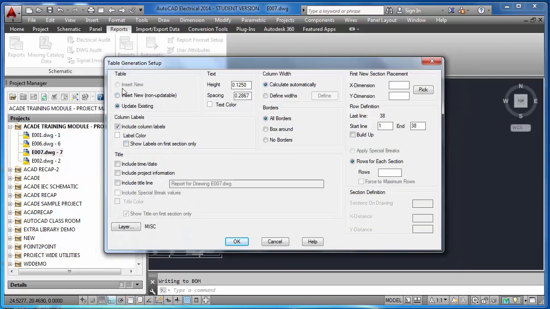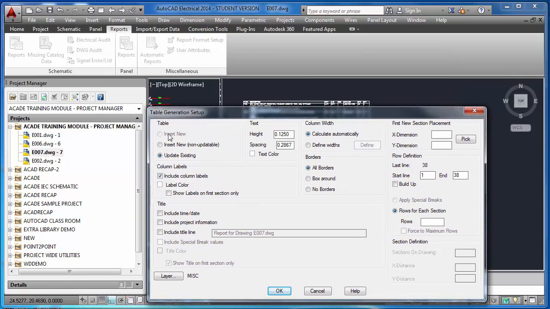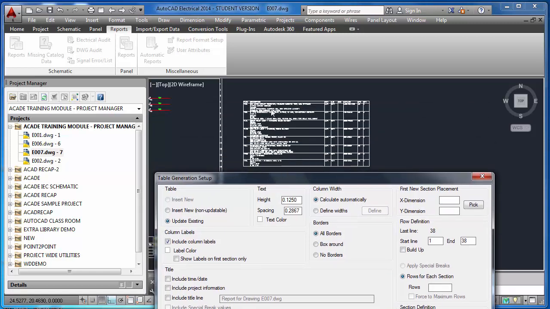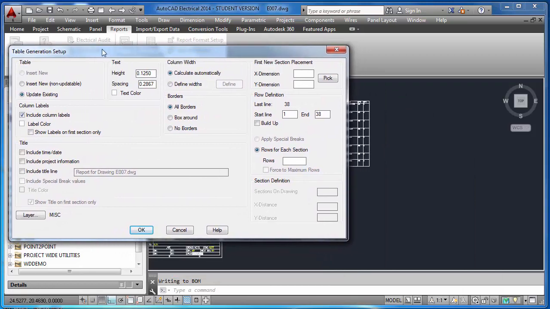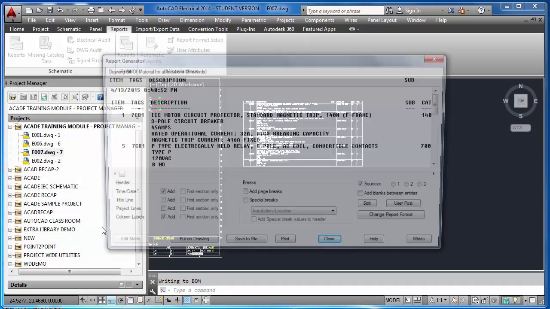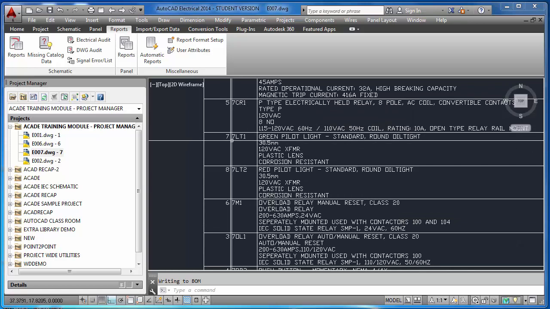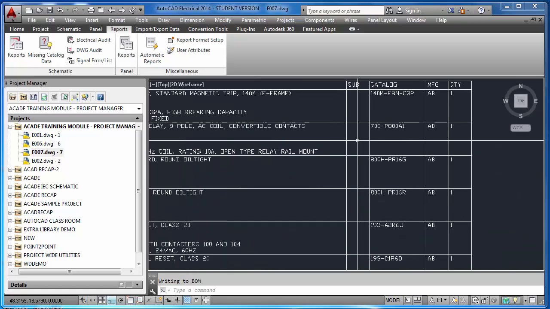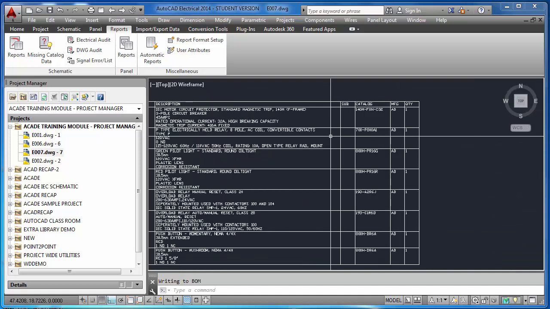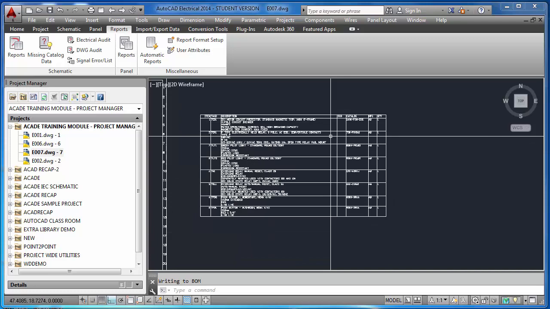Now you see, earlier while we were inserting the first one, this option was there, insert new. At that time we inserted new. Okay, now you see update existing. Now if we insert, it will automatically get updated. You don't have to erase this and put a new one, it will automatically get updated. Clicking OK, close. Now you see item number 1567823, we can sort these item number wise. Okay, description, that lineup has gone now, zero entity has gone, we have not deleted that, in fact it has been updated with a new one. In this way you can create, insert